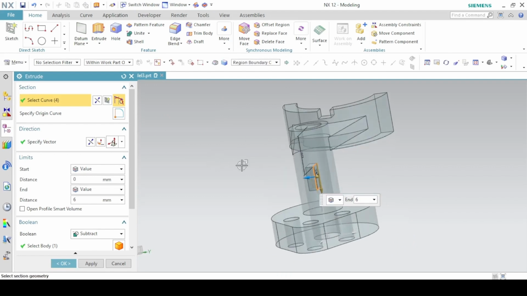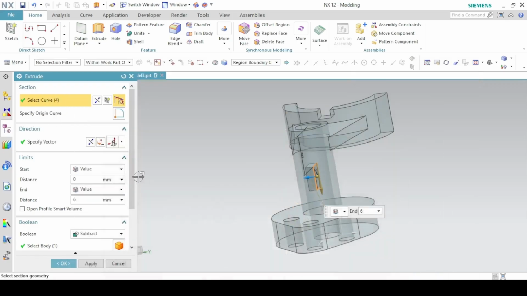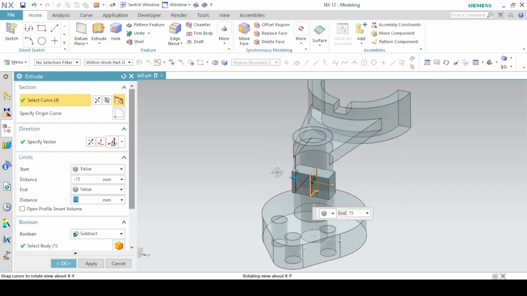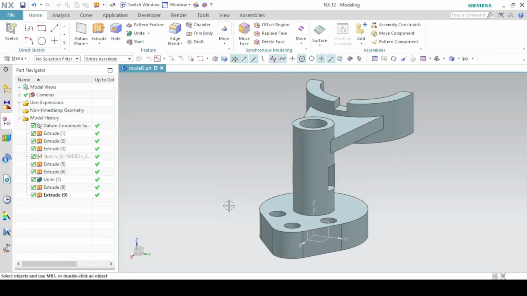And since we made the sketch in the middle, we have to extrude in 2 directions. Now the outer diameter is 30, so we start the extrusion at a distance of -15 from where we made the sketch. Because the extrusion is going in this direction, -15 will come back in this direction, and then we end at a distance of 15, so that the 15 going back plus the 15 coming here will combine to give us the full diameter of the outer circle, which is 30. Set the boolean to subtract, and okay.